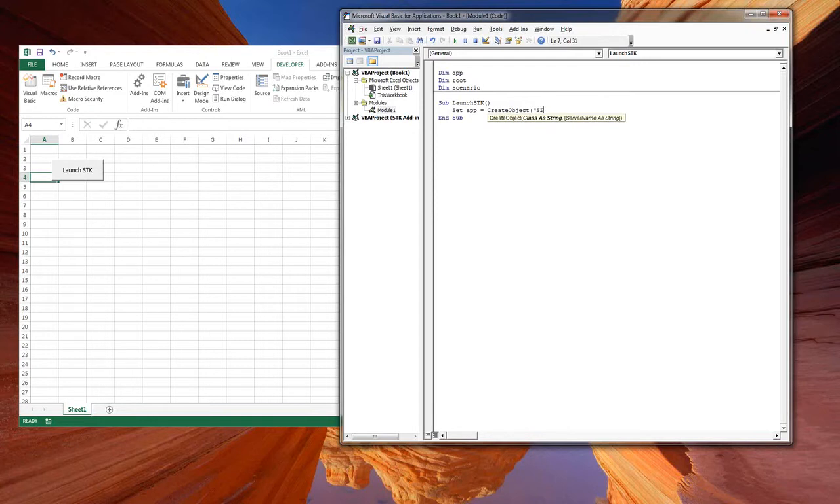So we have to tell it we want STK.Application in quotes and parentheses. And you spell application right. That's probably useful. All right, so set app is CreateObject("STK.Application"). This will start a new instance of STK. If you already have STK up and running, just to show you,